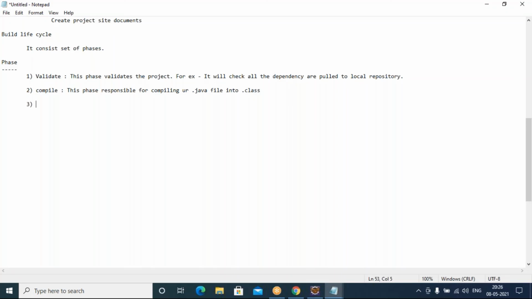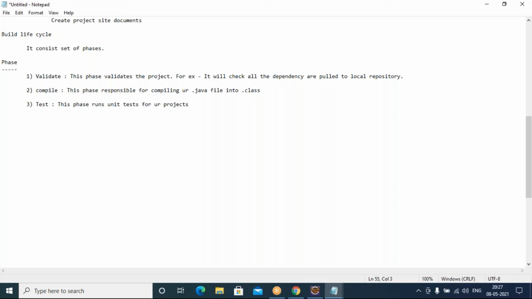So the third phase we have is called test. Test phase runs unit tests for your project. Let's say when you define your project, assume that by default it is going to give you two folders.